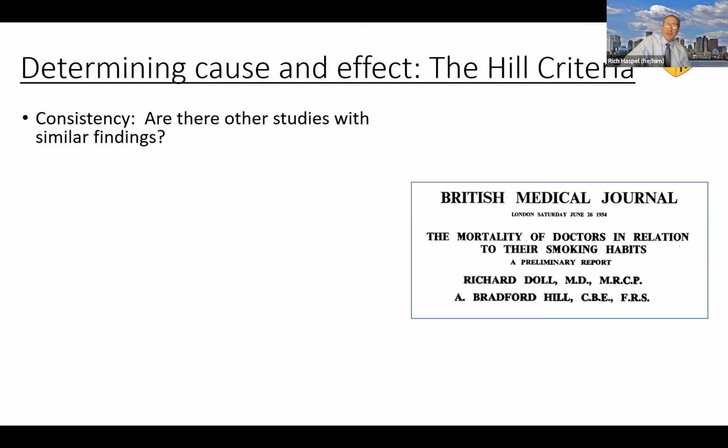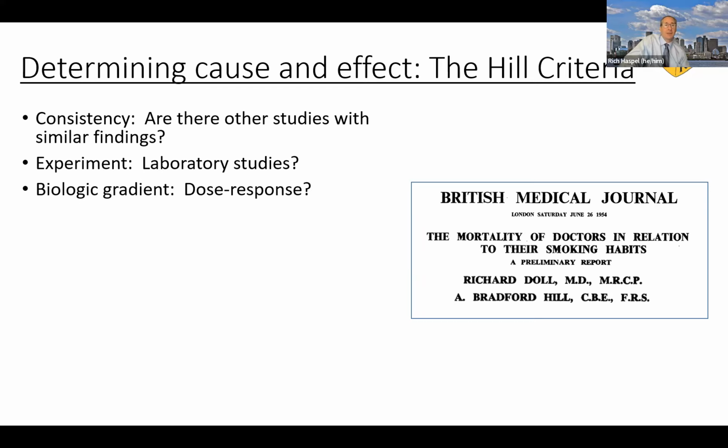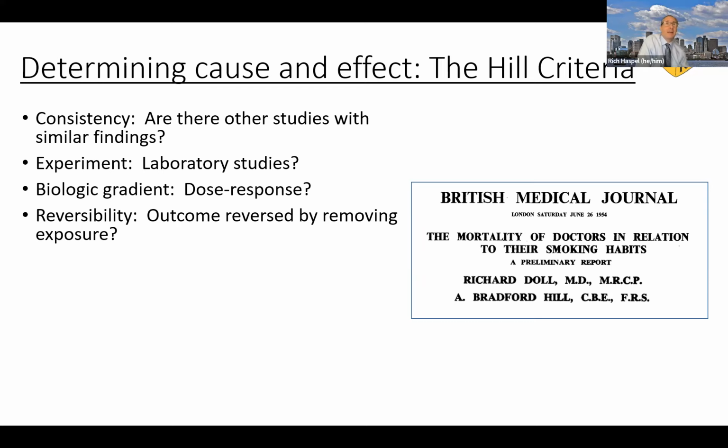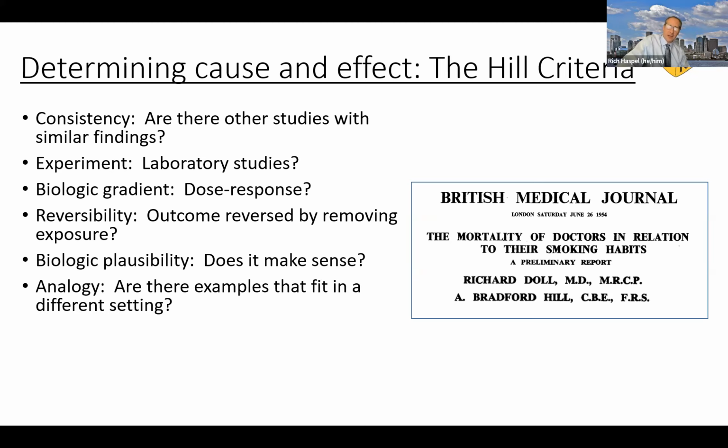So one thing is consistency, which was kind of mentioned. There's a lot of studies out there showing smoking leads to lung cancer. You could also argue they've exposed mice to the carcinogens in cigarettes, and they've gotten cancer. Again, a dose response, like was said: the more you smoke, the more likely you are to get lung cancer. Another thing you can look at is reversibility. Do you find that people who stop smoking revert to a lower risk of lung cancer? And that's true as well. Plausibility, sure, it's plausible because smoking has carcinogens in it.